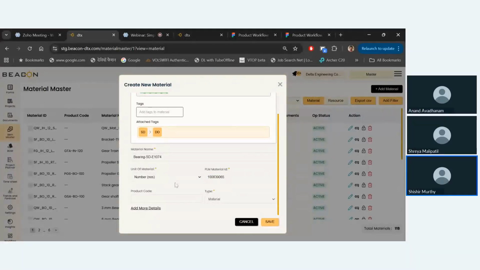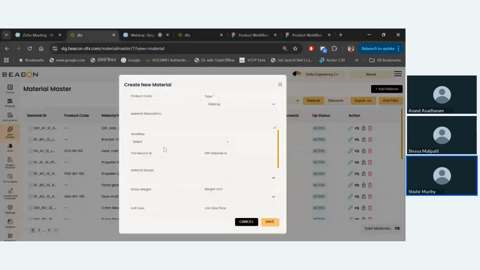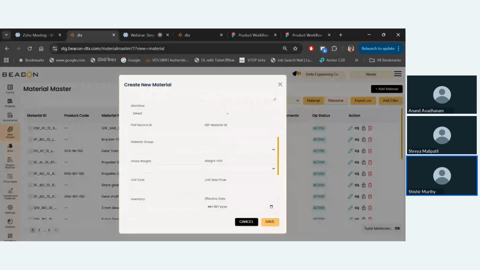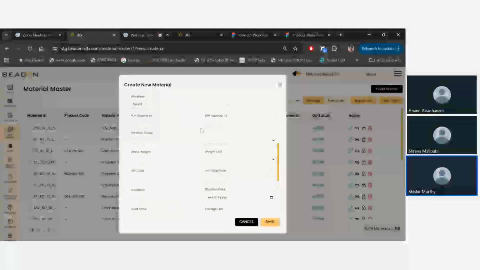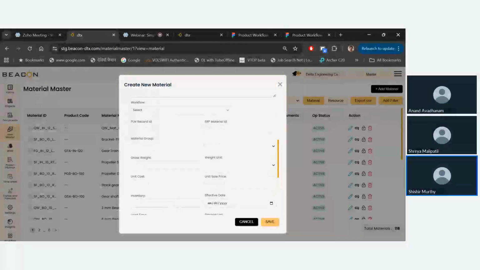Now, this is some of the basic information that we have. In addition to this, you can define more, like material description, PLM ID or ERP ID. If you have multiple systems where data is segregated with different IDs, we can map all of them so that they're all connected. That's what I meant by digital thread. Irrespective of how the data is, you'll be able to know, okay, it's called, let's say, bearing in the design, but in the ERP it's called with the specific code of the supplier, if it is being bought out. Then we make a connection between these two and have all this data here